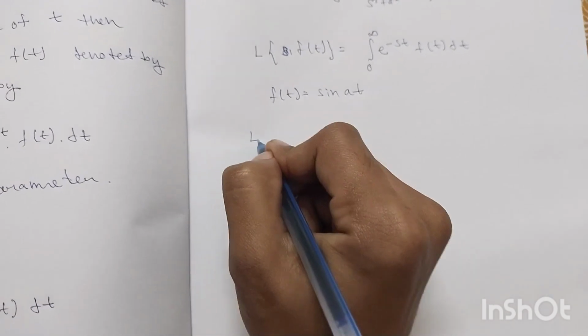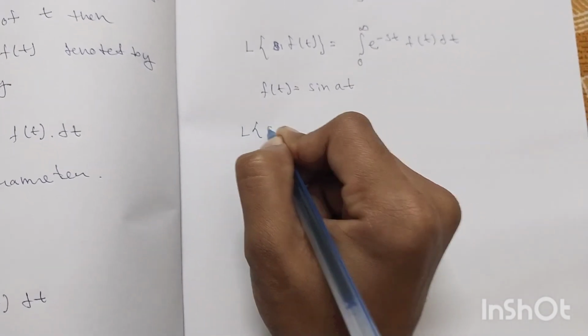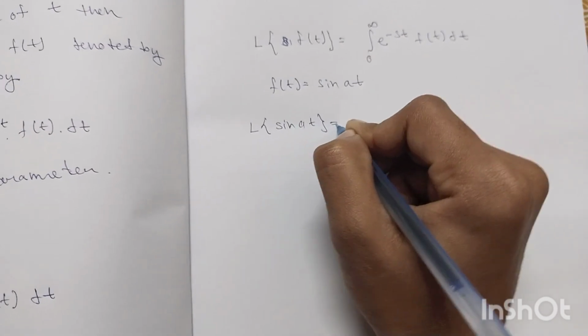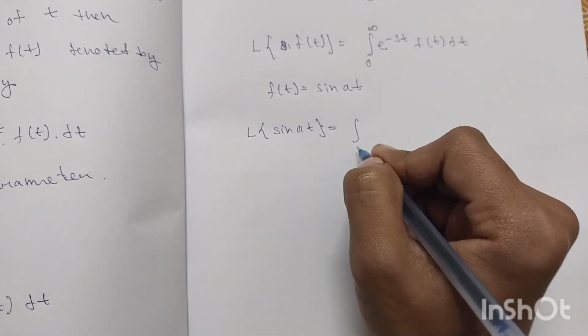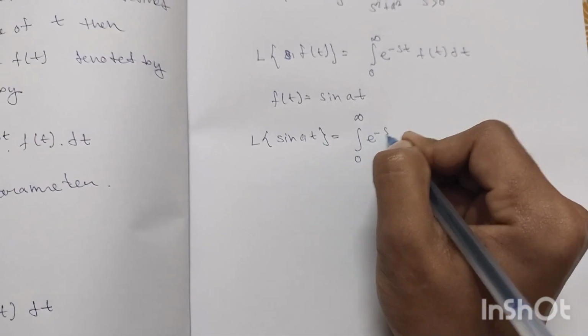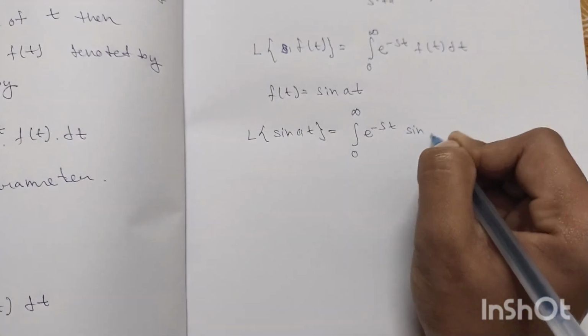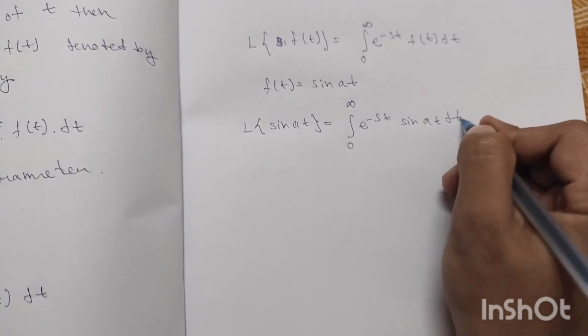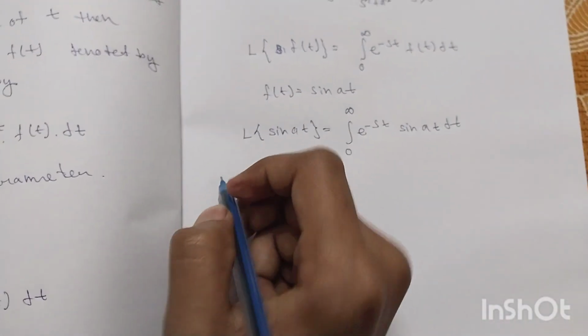So Laplace transform of sine of at is equal to integration limit from 0 to infinity e to the power minus st into sine at into dt. So we know that